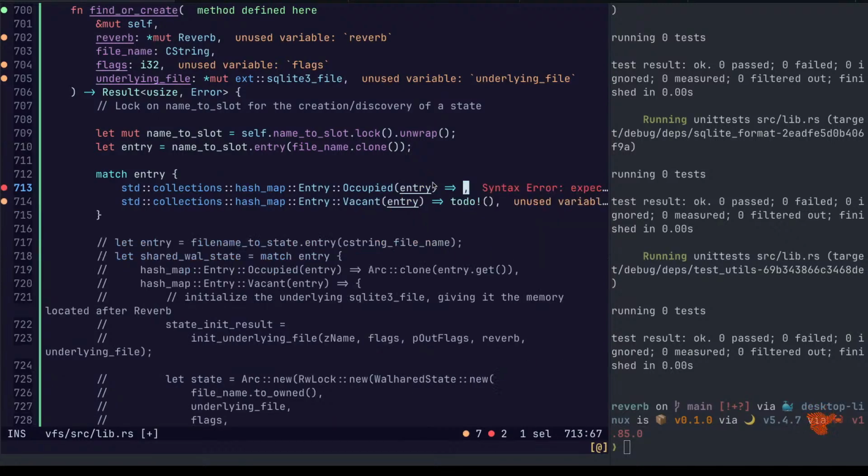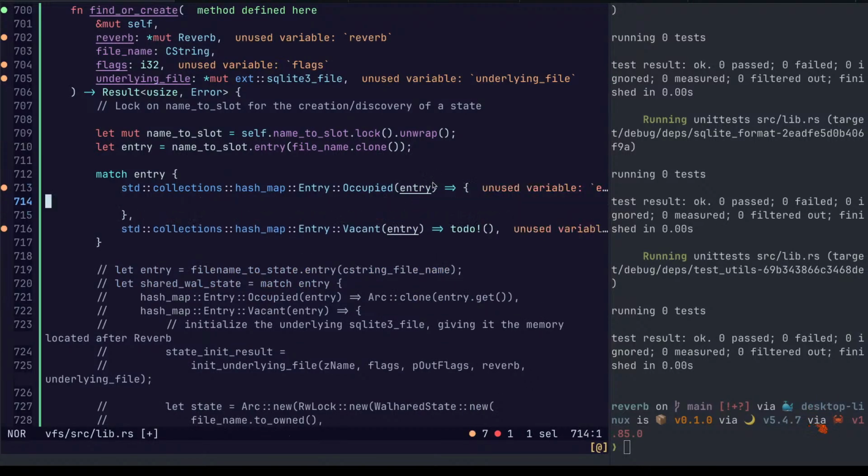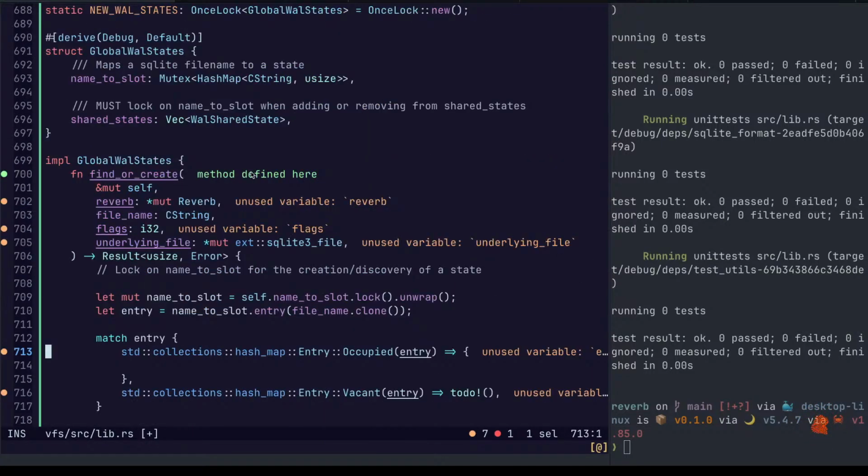If it's occupied, then we should just return the value, because that's a map to the one we're looking for.